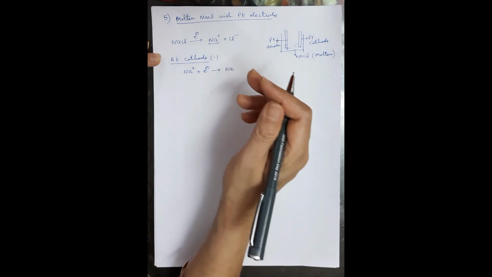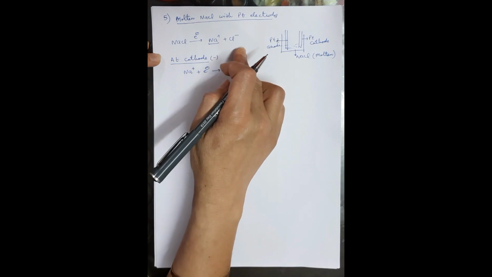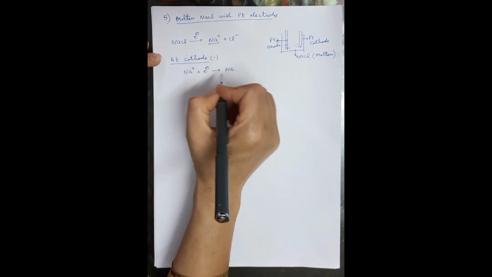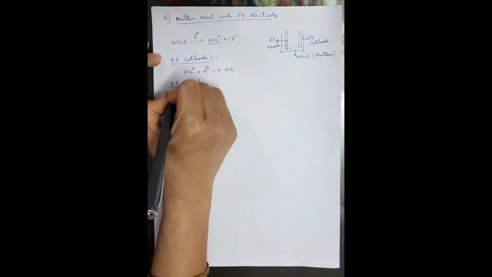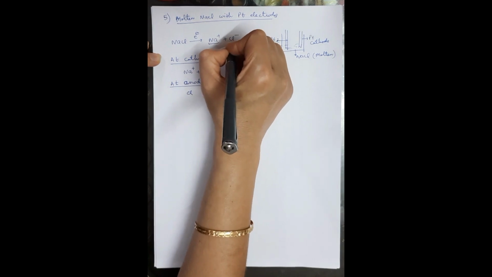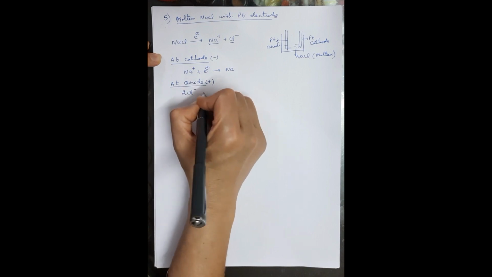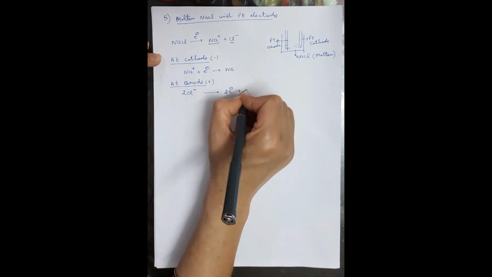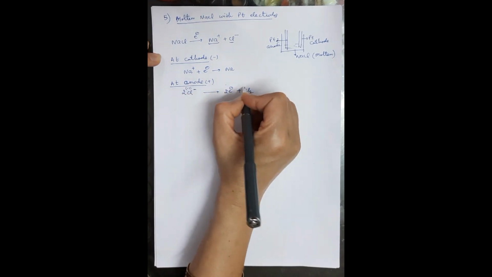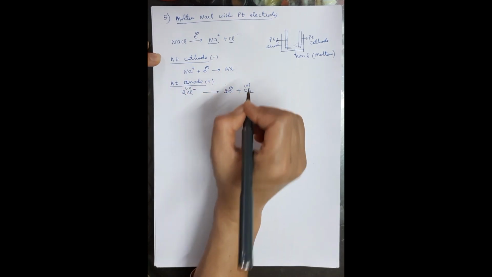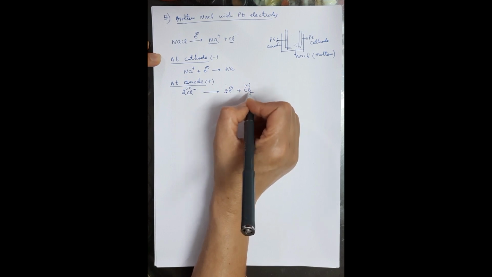Now there is no question of discharge potentials because only sodium ions and chloride ions are present. Water is not present. So sodium is deposited here and at anode, chloride ion, as it is negatively charged and anode is positively charged, chloride ions will move to this. Two chloride ions will lose 2 electrons and chlorine gas is formed here. -1 to 0. So there is increase in oxidation number. So it is oxidation. Otherwise also loss of electron. So this is also oxidation.